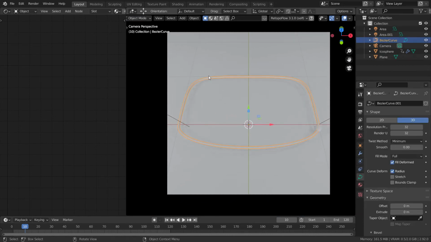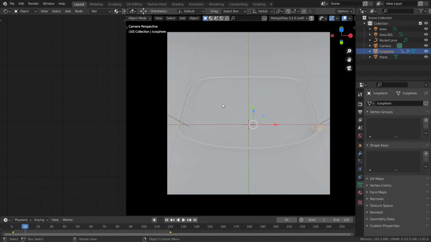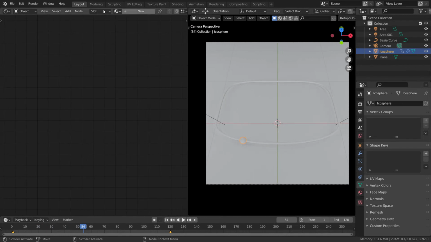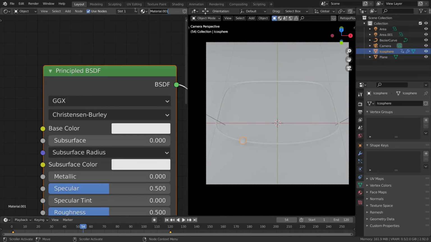Great. So now let's press 0 to go into our camera view, and as you can see, our plane is selectable, our wire is selectable, and our spheres are selectable, and also it is animated. So what we have to do is give a material to each one of them. So with the sphere selected, I'll just increase this view over here. Let's give it a new material, and we will call it electron. You can name it anything you want.